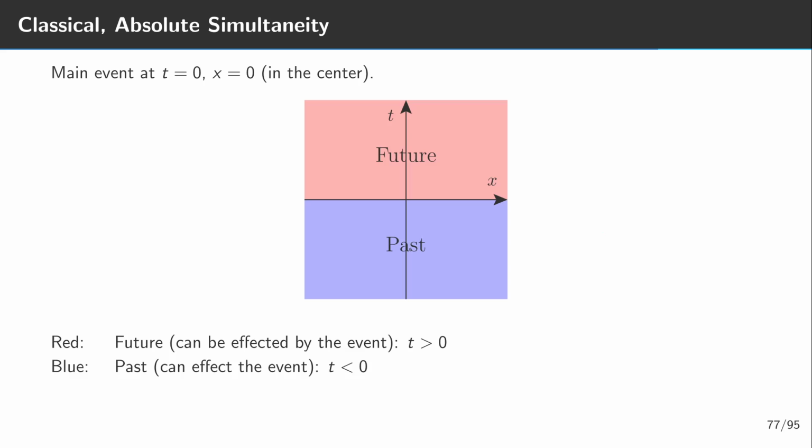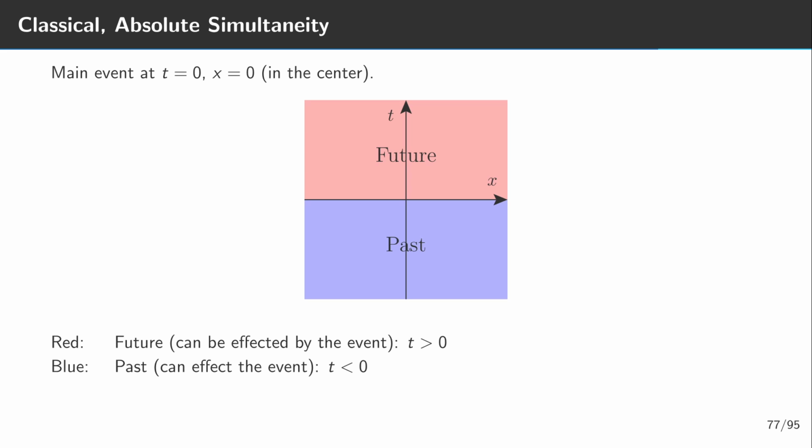So now, through a completely different path that has nearly nothing to do with what I said before. Before I can explain that, I need to mention some important facts from special relativity. Shown here is the classical spacetime, and when I say classical, I mean without the theory of special relativity. Right in the center at t equals 0, x equals 0, there's some main event that we are interested in.